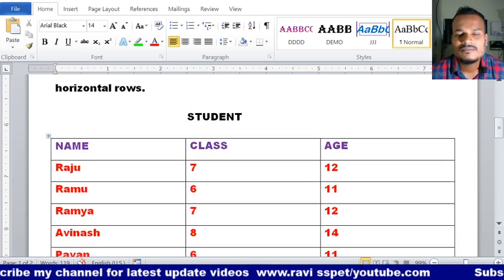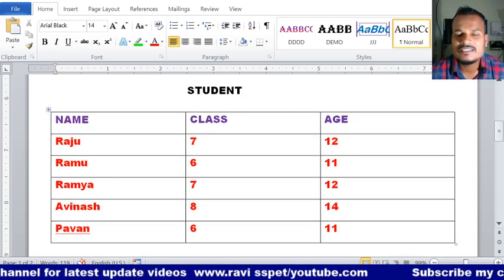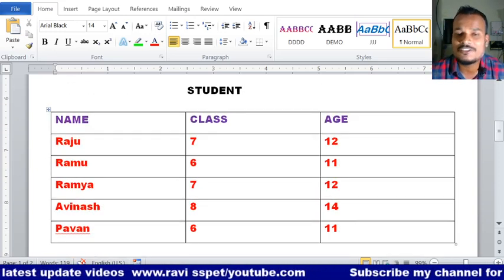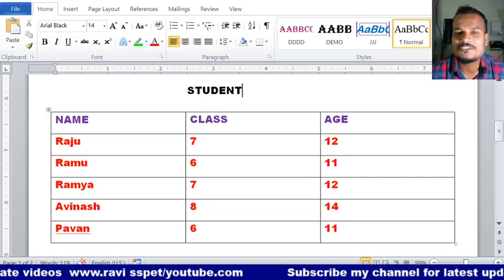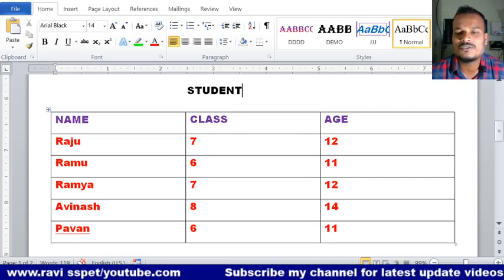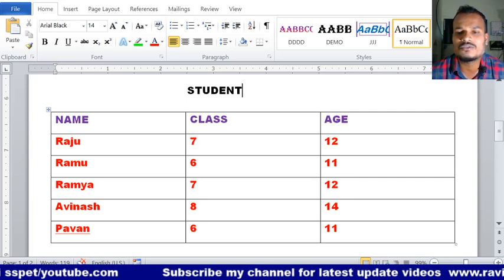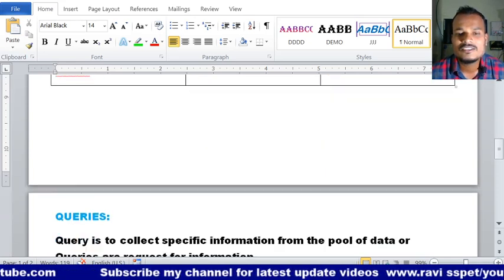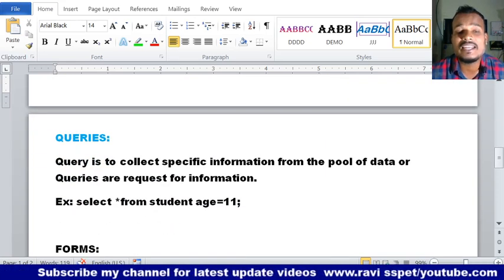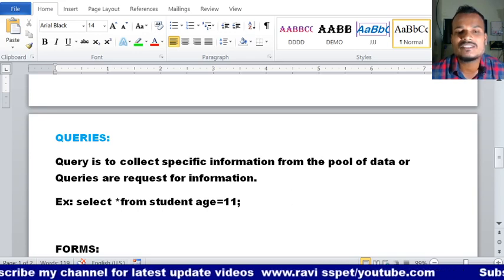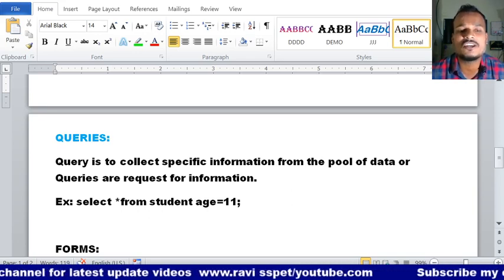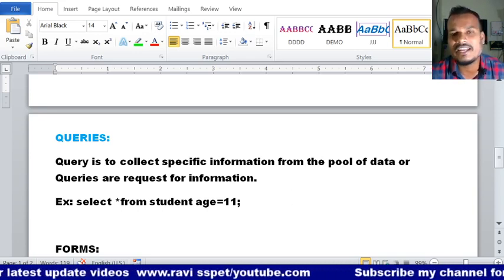In the table we have a total of 5 students. From those 5 students, I want only 2 students. If you observe, only 2 students are age 12. So this is what we call a query. A query is to collect specific information from the pool of data, or a request for information.